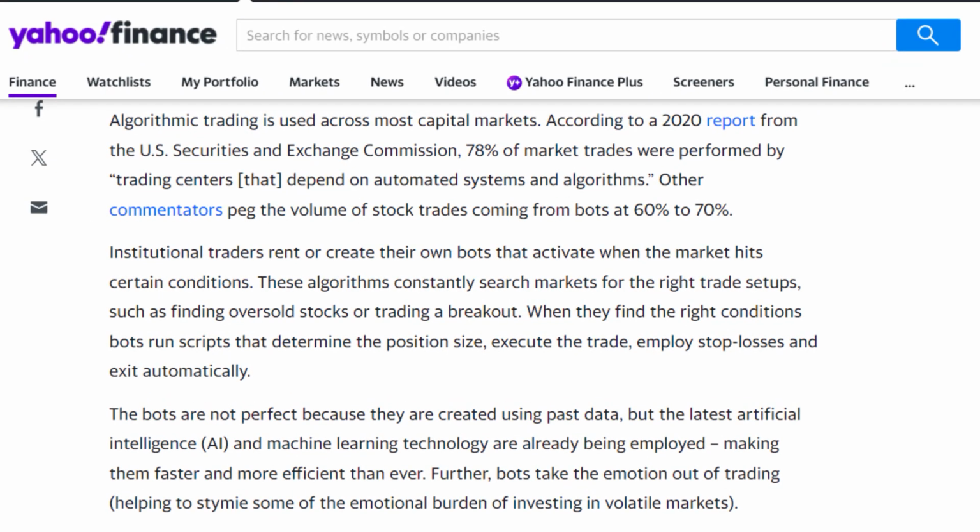In fact, a 2020 report from the US Securities and Exchange Commission noted that 78% of market trades were performed by automated trading systems and algorithmic trading bots. And even the more conservative opinions determined that 60 to 70% of market movements were due to algorithmic trading bots. These algorithmic trading bots are literally used everywhere, and there's a reason why they are so popular. Trading bots are incredibly impactful in how people can conduct trades, which is why I believe everyone should be able